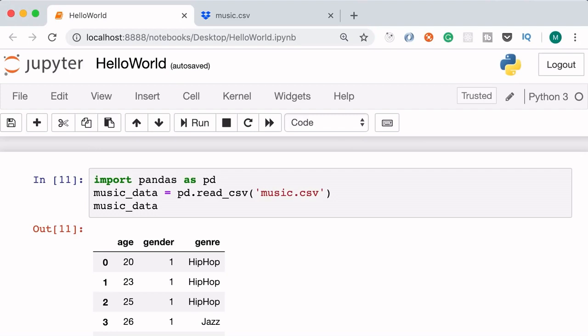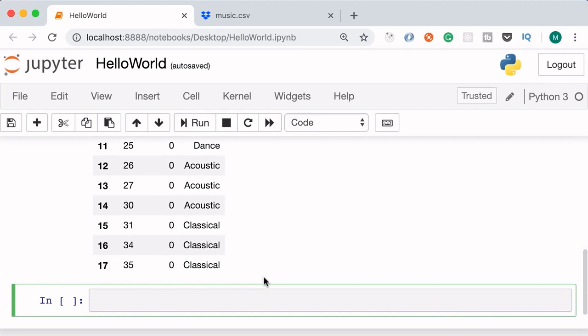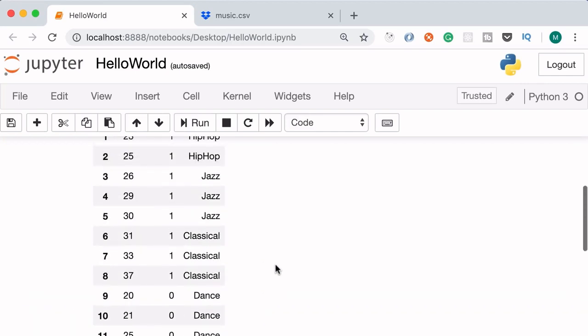Second step in a machine learning project is cleaning or preparing the data. And that involves tasks such as removing duplicates, null values, and so on. Now, in this particular data set, we don't have to do any kind of cleaning because we don't have any duplicates. And as you can see, all rows have values for all columns. So we don't have null values. But there is one thing we need to do.